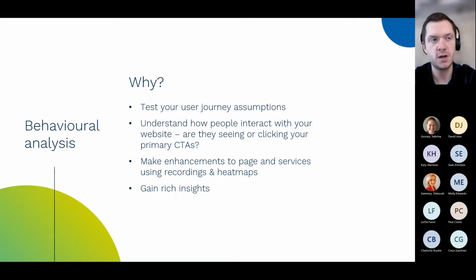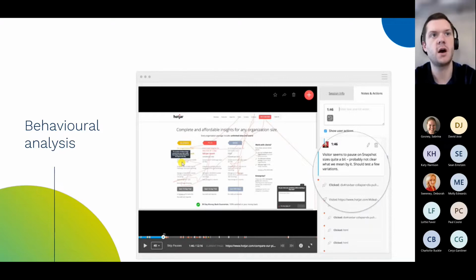We can start to gain both qualitative and quantitative data by these reviews. So Hotjar is just one of the more popular and longer standing solutions that we can use for this. There is a free version as well. Microsoft Clarity is a fairly new product on the market, again with a free version. It offers the same sort of experience, just a little bit less developed at the moment, but definitely something that you should look at in terms of doing this exercise yourself.